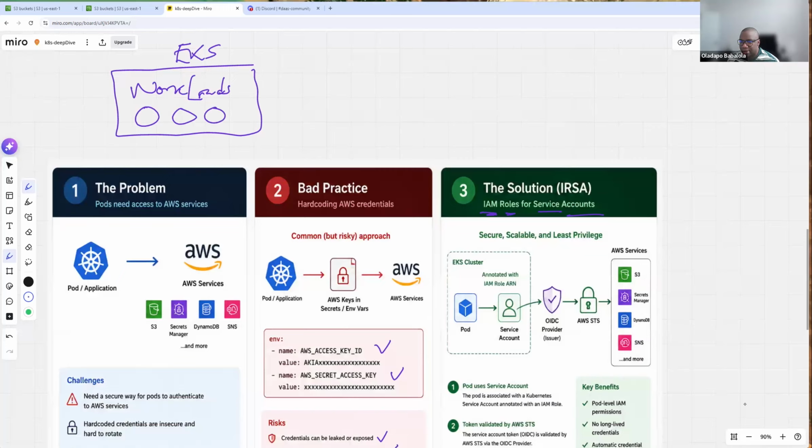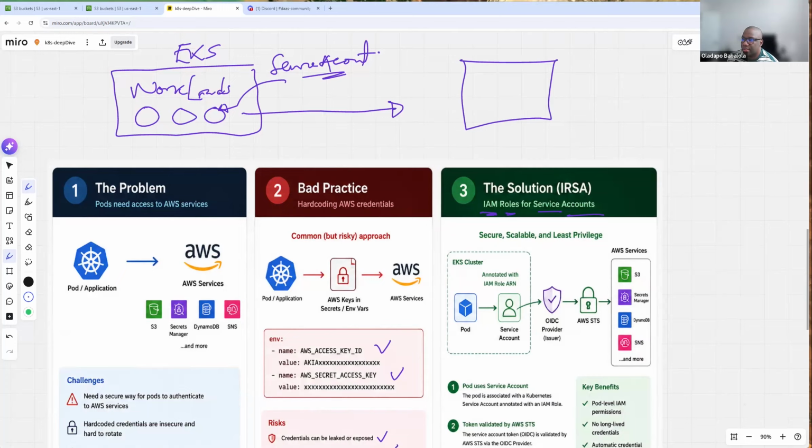Now within the pod itself, you need a form of identity. So a pod is running. How do you now identify that pod if that pod wants to communicate outside the EKS cluster? You do that by configuring what we call the service account. So a service account is configured within the pod so that if the pod needs to communicate to an external service, let's say on AWS now, maybe an S3 bucket